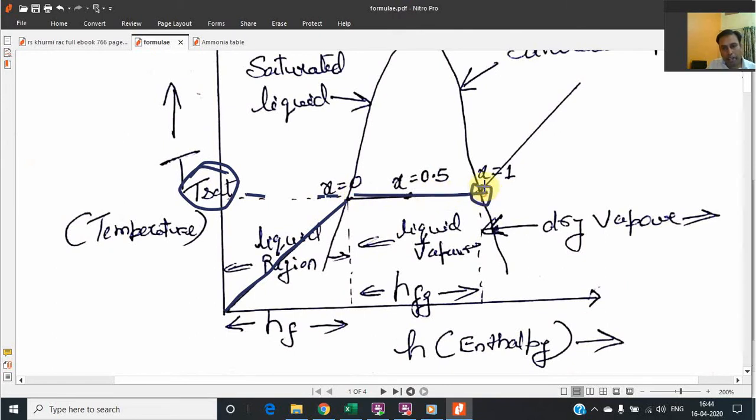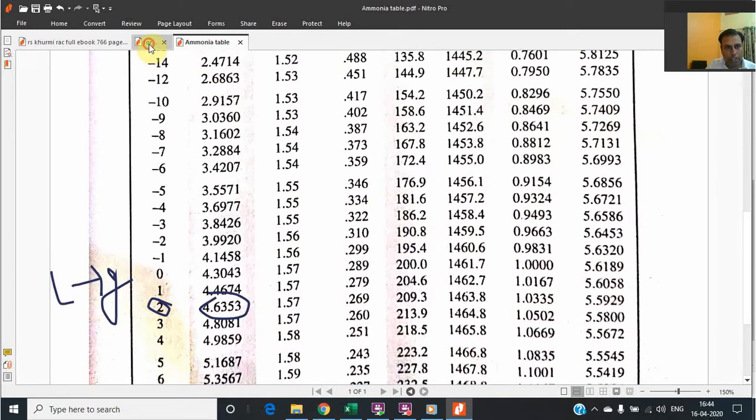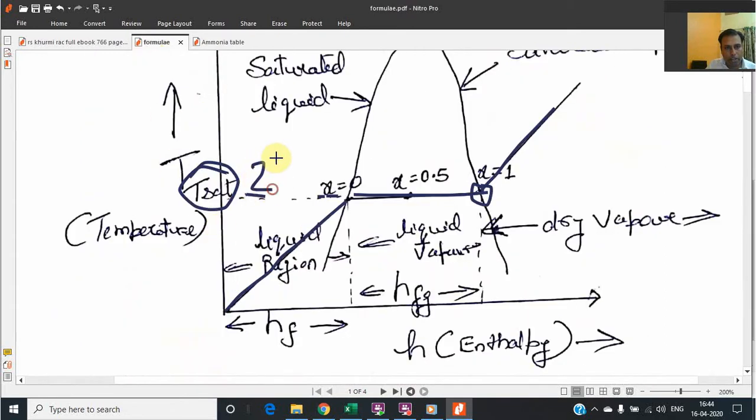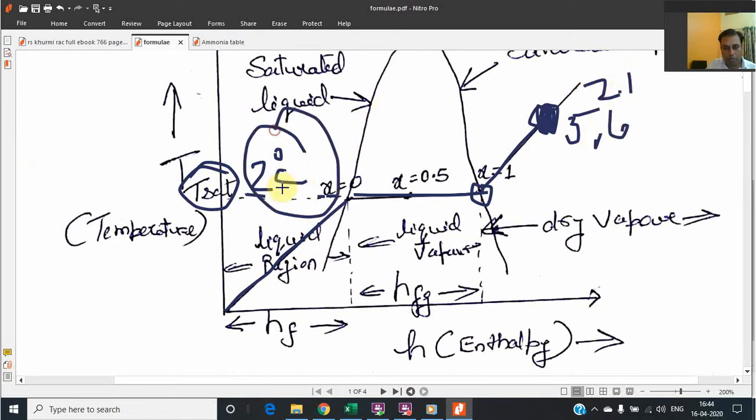Now if you again heat, then it will go beyond the boiling point. The boiling point which was mentioned was 2 degrees centigrade. Now it will cross the 2 degrees centigrade. Suppose we are sitting over here, the point is over here. That is a superheated temperature. Then it would be above 2 degrees centigrade. It might be 5 degree, 6, 7 or 2.1. Anything, but it should be above 2.